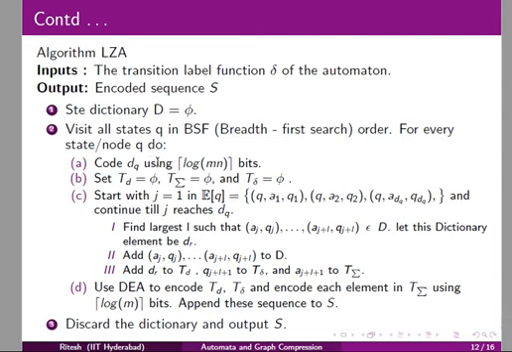Q will visit T of Q using log of mn bits, where m is the size of the alphabet at the particular nodes, and n is the number of states present in that graph. And we will set T of D as phi, T of sigma as phi, and T of delta is also phi. Initially we will set this, and we will start j at 1, and the expectation of Q will start from Q to Q1, Q2, which we have discussed earlier. And we will continue for all j up to D of Q, from initial to final, trying to traverse all the